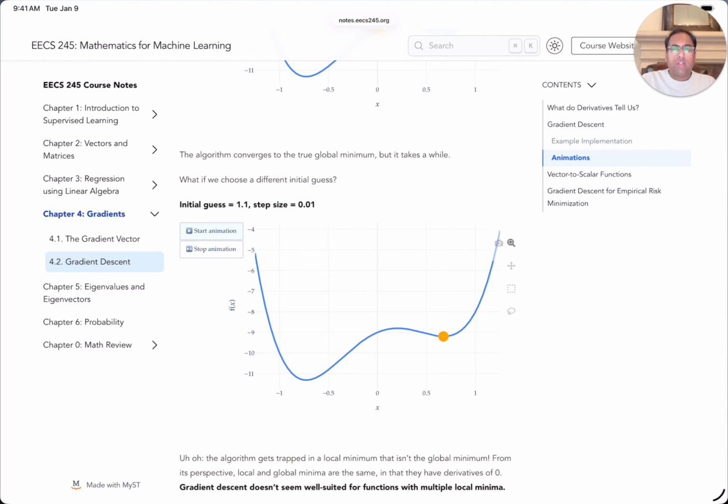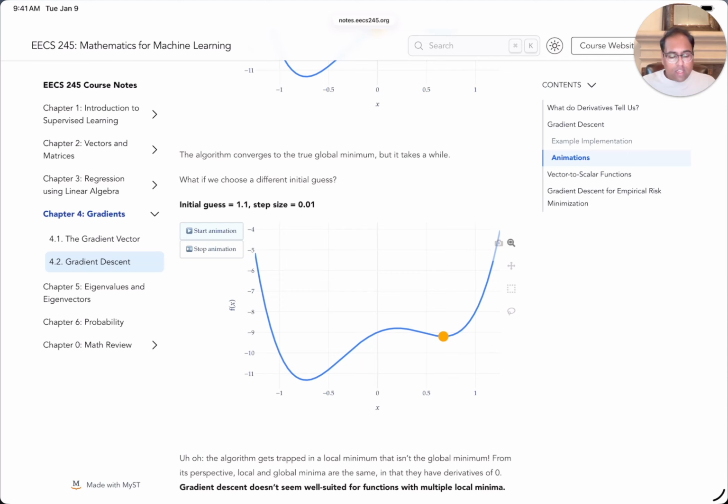In chapter 4.2, when we first started studying gradient descent, say on a scalar to scalar function like this one, we saw that the algorithm terminates or converges once it's reached a point where the derivative is really close to zero. The issue is that some functions, like this first example we saw back in 4.2, have local minimums, like this one over here on the right, that aren't the global minimum, so it's possible for gradient descent to get